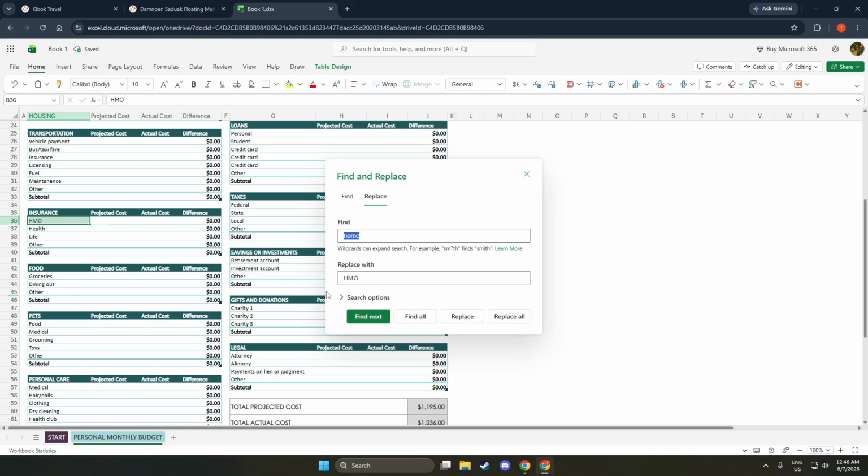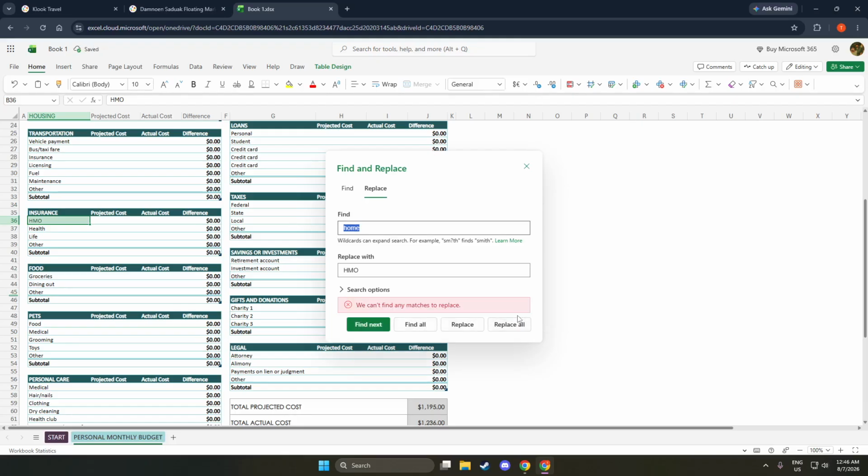If you click the Replace All button, Excel will immediately change all matching results at once in the current search area. After it finishes, a small message box will appear telling you how many replacements were made. Beginners often forget that this affects every match at once, so it is smart to double-check your Find What and Replace With values before you confirm.